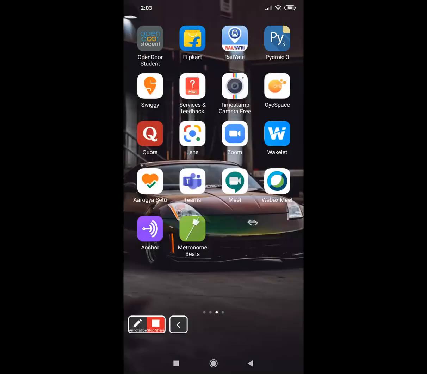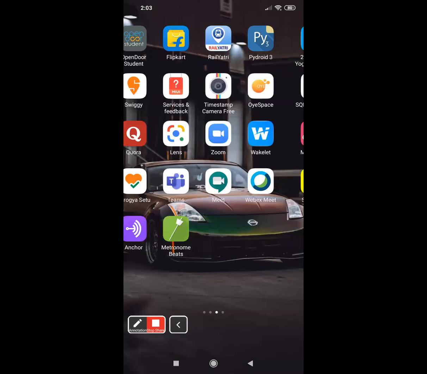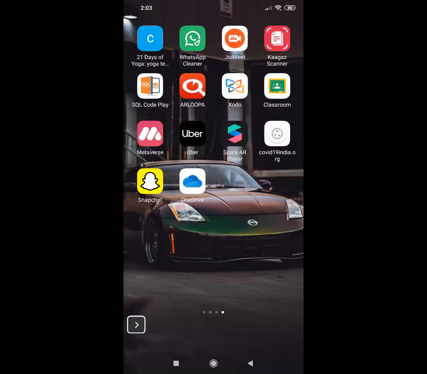In order to show you the process, I'll just quickly share my screen and take you to a place where I have downloaded an app called Xodo, and I need this to edit the PDF documents being sent. So this is the app. It's next to my Google Classroom. It's very easily available on the Android app store, and from there you can download it.